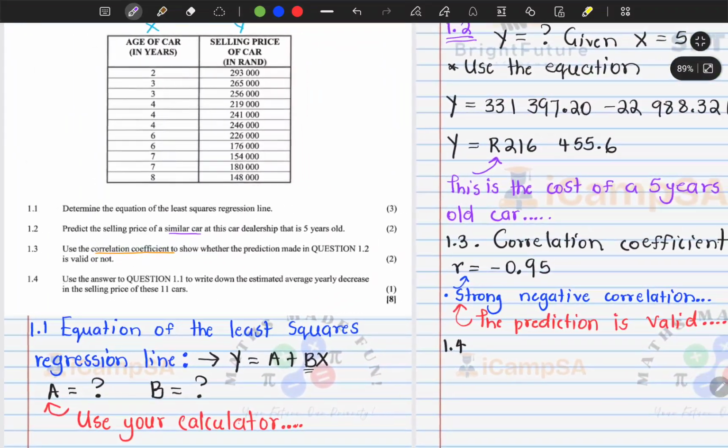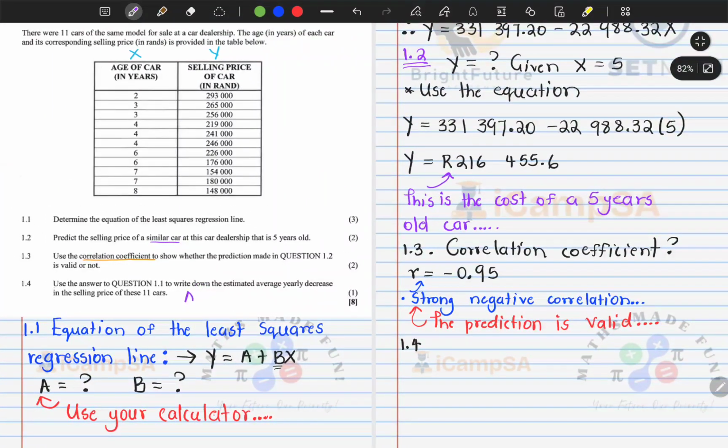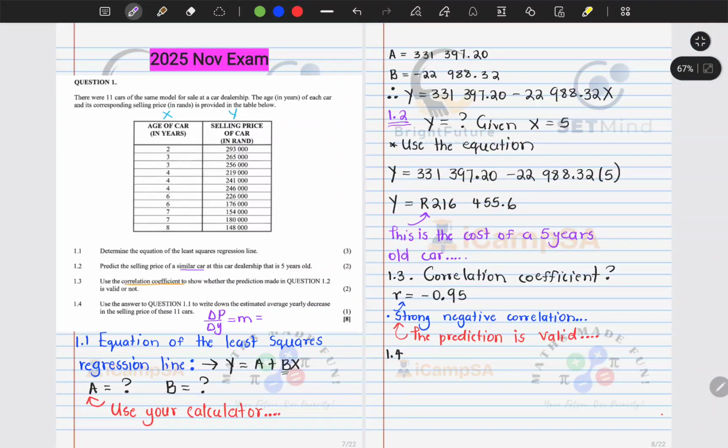All they are asking here is the change in price over the change in years. So essentially this becomes M, which in our equation, the gradient, we know is B. So this just becomes B. Okay, so this means we can look carefully and see that our B for our problem is negative 22,988.32 rands. So what this means is the yearly average decrease on the price over the 11 years is this